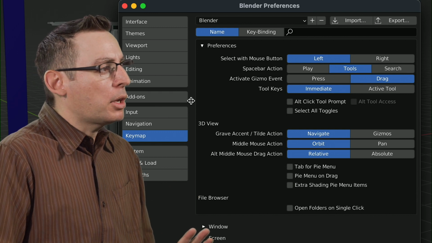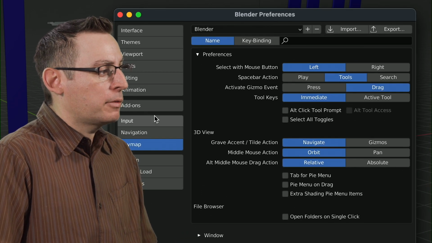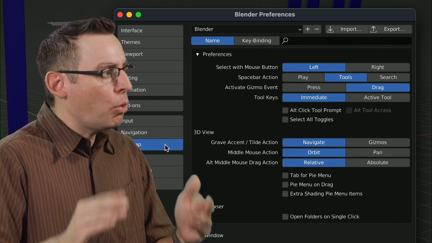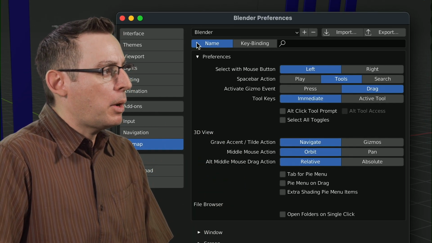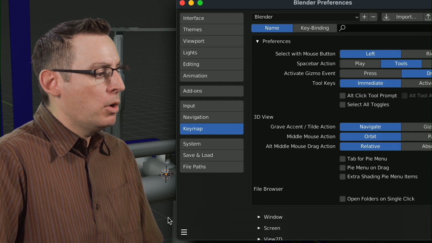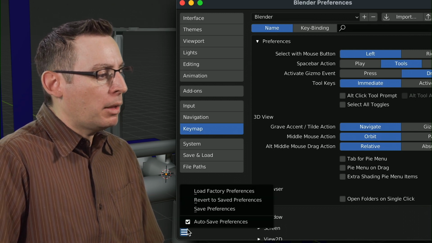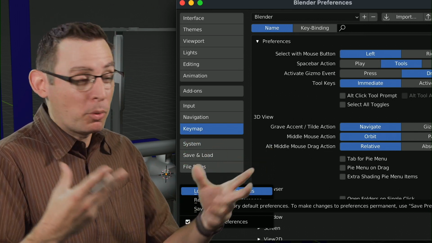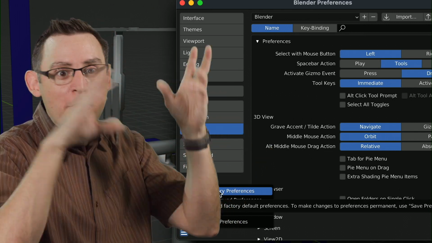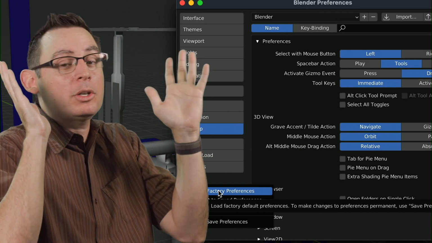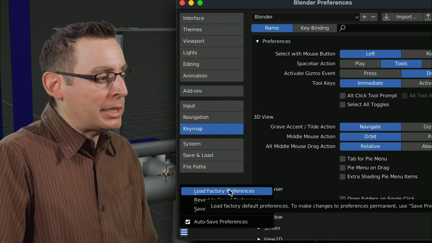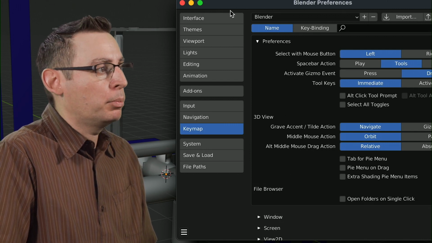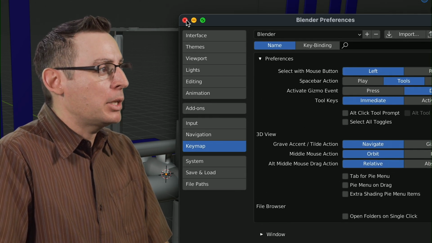Take a moment and look at the customization of all of your Blender preferences for the input, navigation, and key map. You can never break it. There's always the defaults. If you go down to the bottom of our Blender preferences window, right here, this little button allows you to load the factory settings. So if you mess up or you've gotten down a rabbit hole and you've made so many changes that you don't know what's going on, you can always go back to the default factory settings right here inside of your global Blender preferences. It's a pretty neat environment.